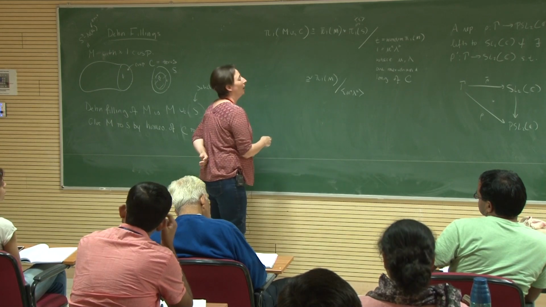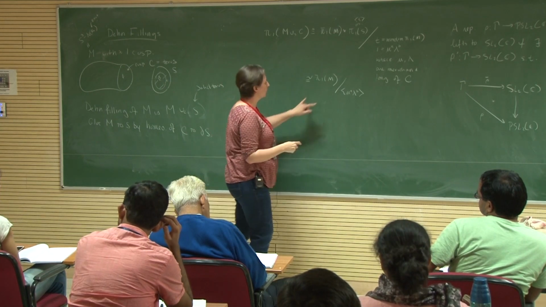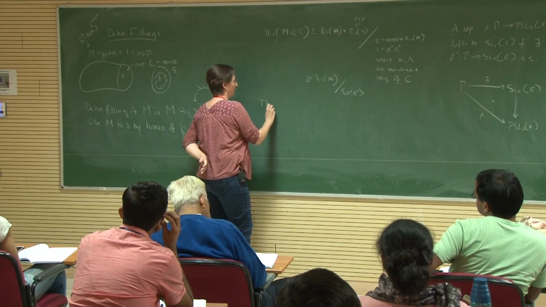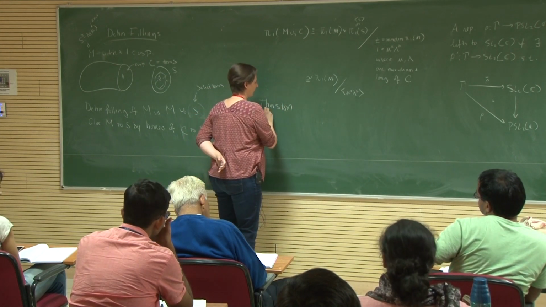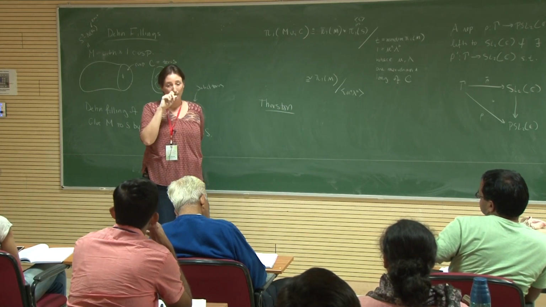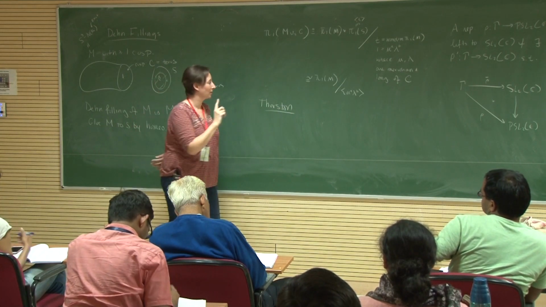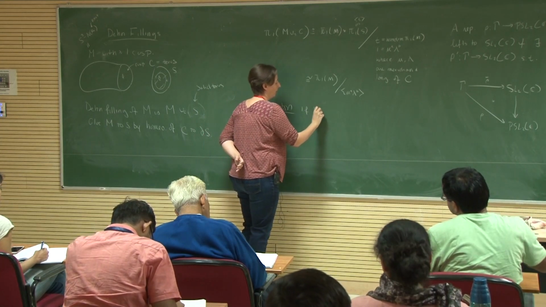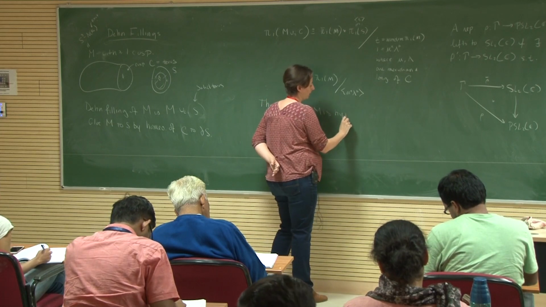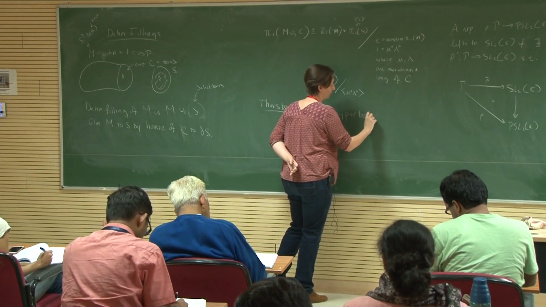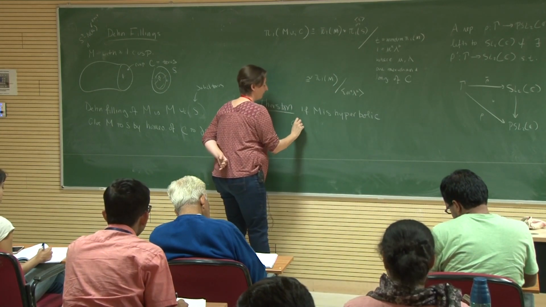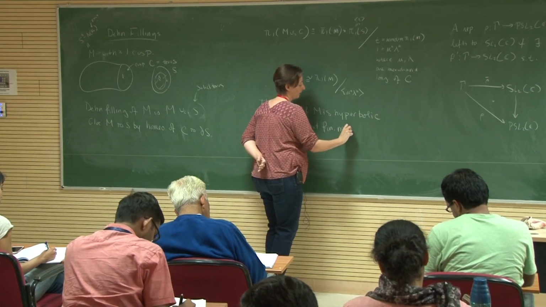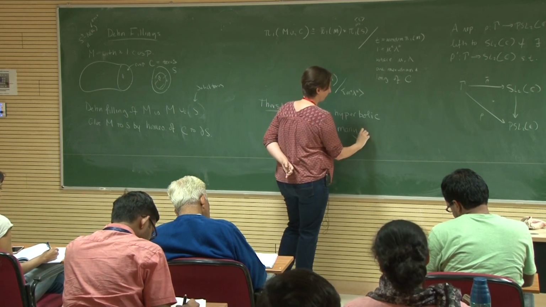Okay, so we get a bunch of quotients, and Thurston, Abhijit I think is going to talk about this more in depth, so I'm just going to state the result. He proved that if M is hyperbolic, then all but finitely many Dehn fillings